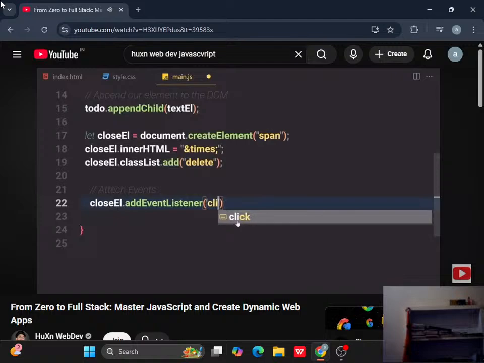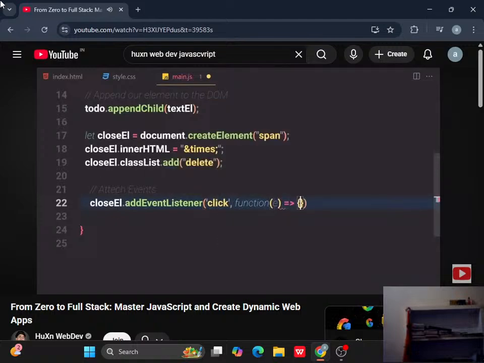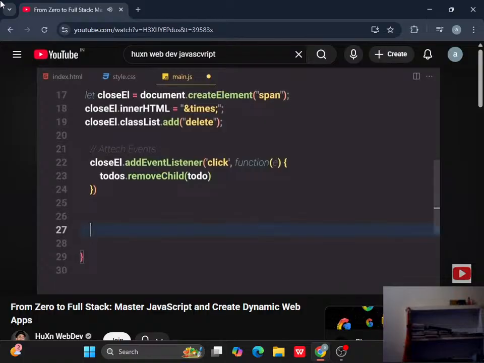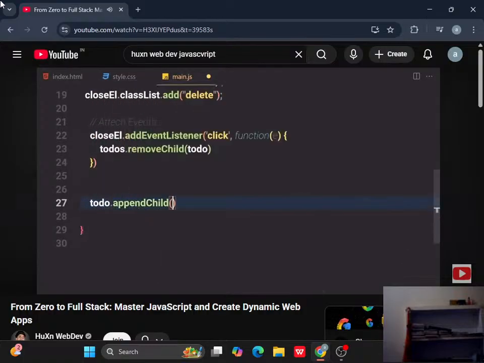Now if we click on it, so what do we have to do? We have to just create a function, and we want to get our object and todos dot remove child, and we want to just remove that todo from it. If you click on that close element, and what else do we have to do? So we want to just write todo dot append